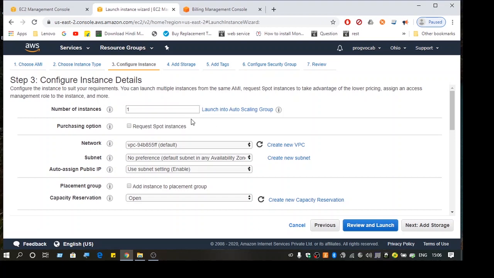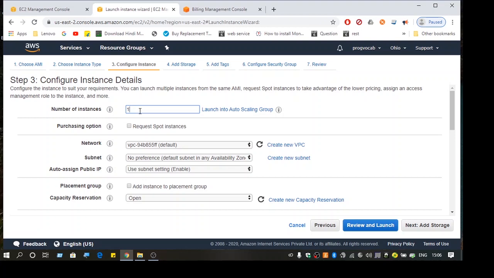We can go for an auto scaling group in case you are going to host a web application and you want multiple instances to host the same application. You can configure the auto scaling group right now while creating the instance itself. For now let's keep it at 1. There is an option to request a spot instance.